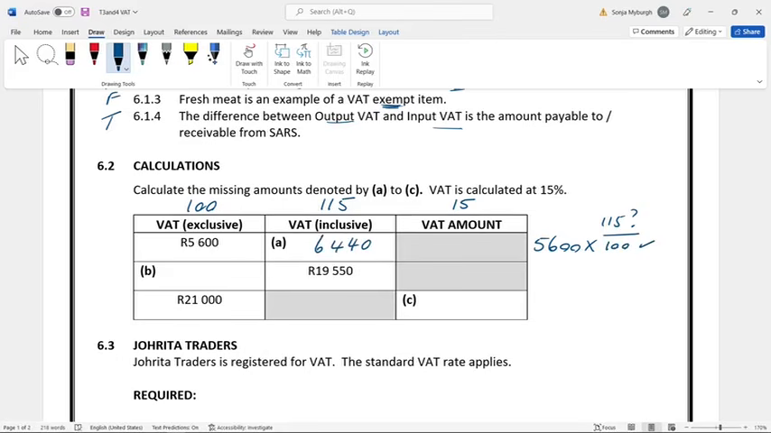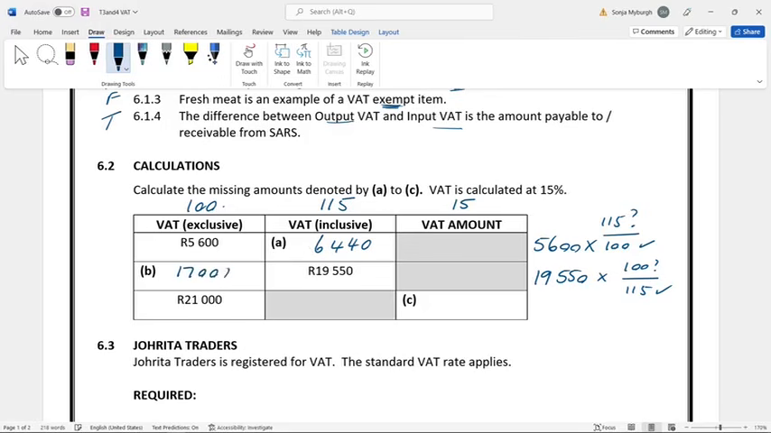6440. Inclusive of VAT must always be more than exclusive. Number B, they've given me 19,550. They ask me to calculate the 100. What did they give me? They gave me the 115. Unknown on the known,